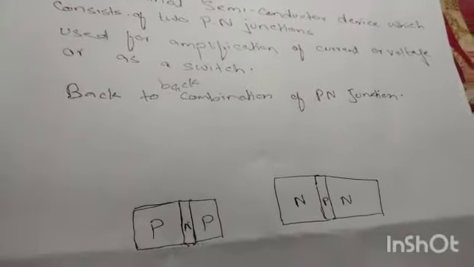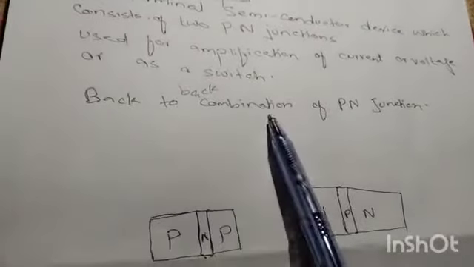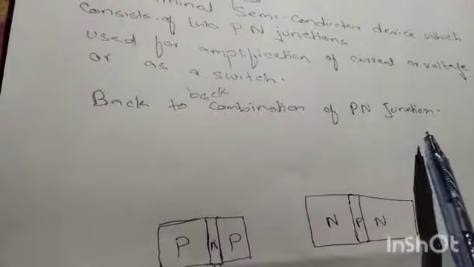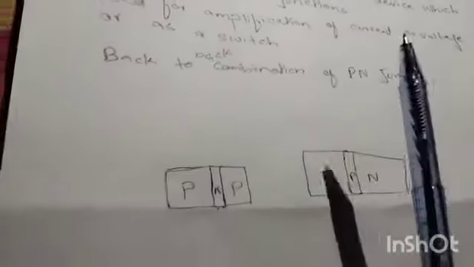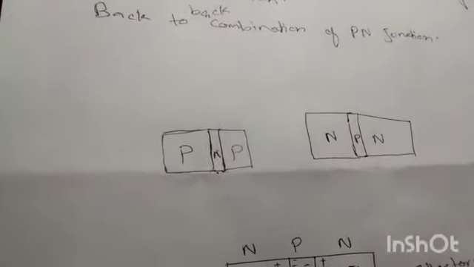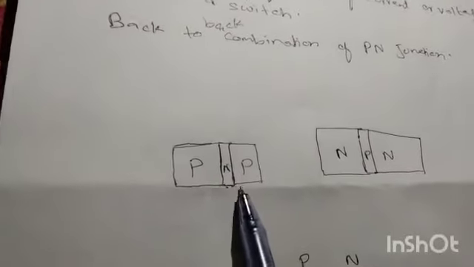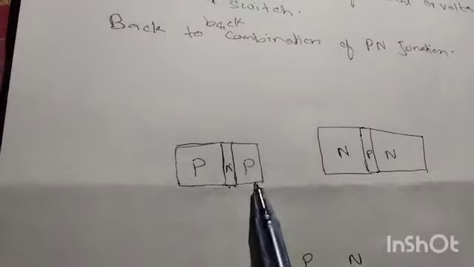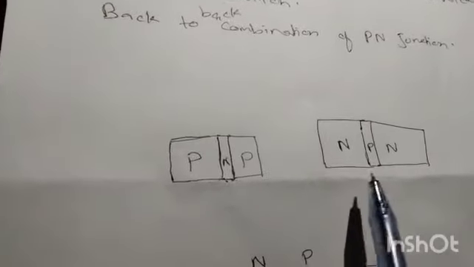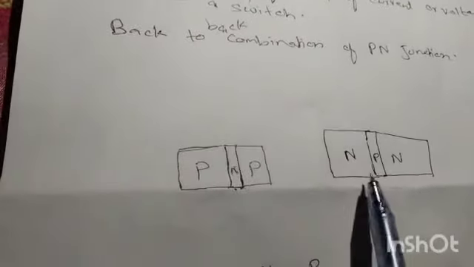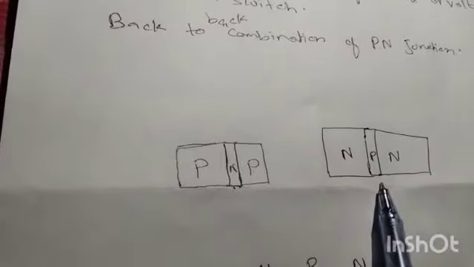You can also define the transistor as a back-to-back combination of PN junctions. We construct a transistor in such a way that N-type material is sandwiched between two P-type materials, or P-type material is sandwiched between two N-type materials.